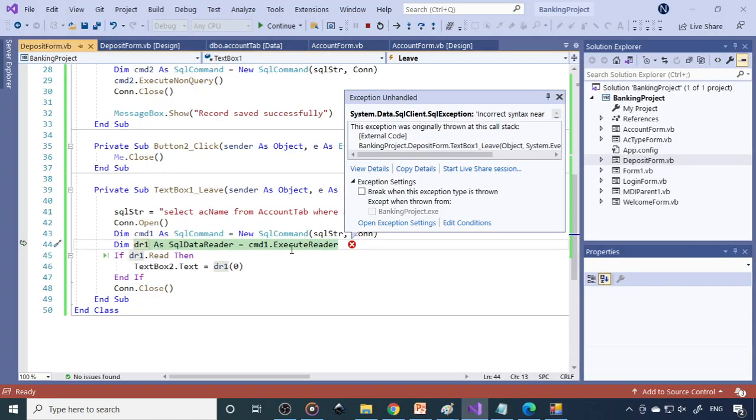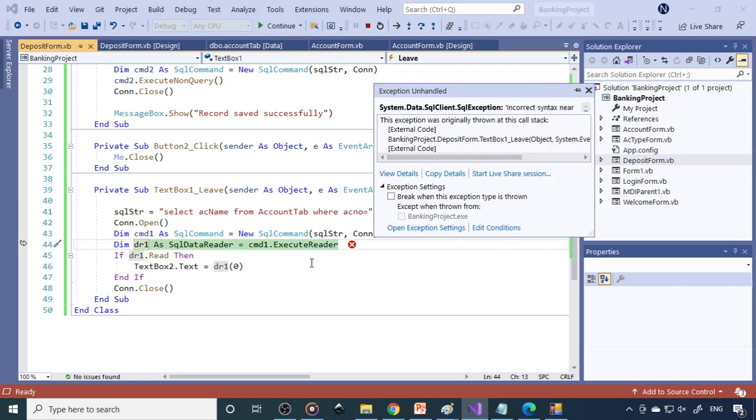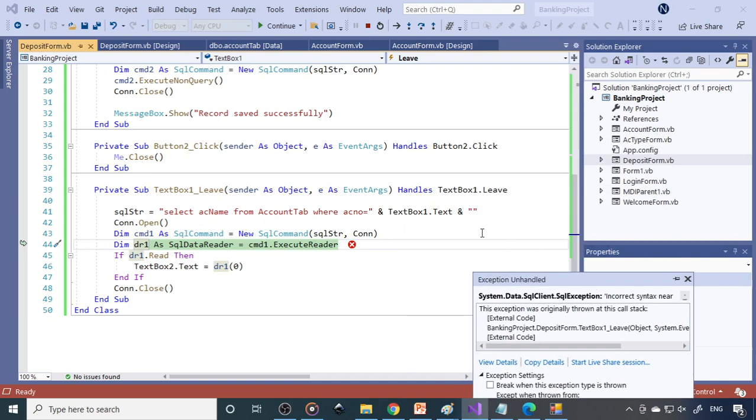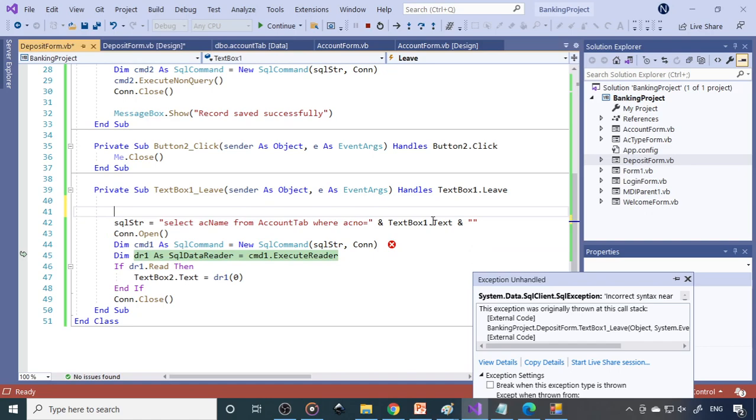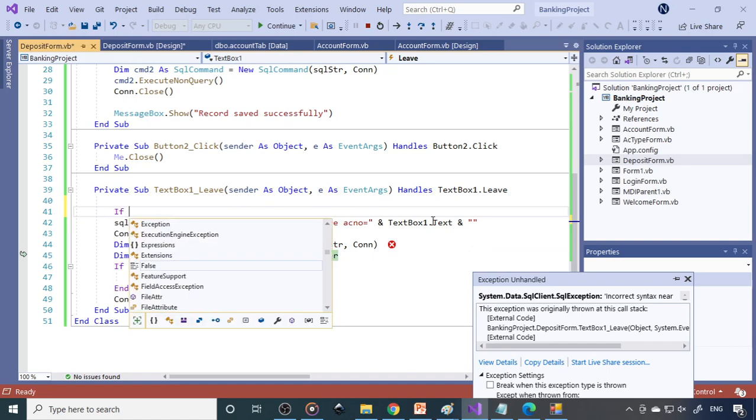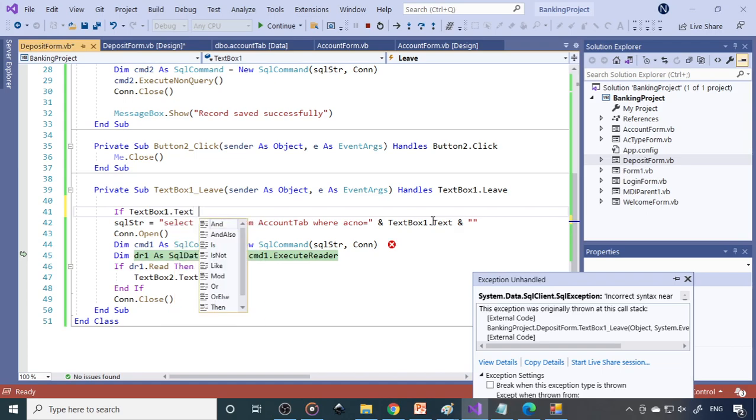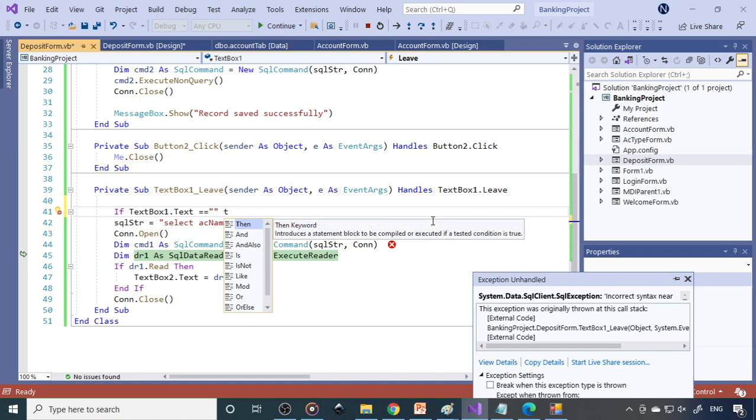Okay, so incorrect syntax here. When the cursor is in text box 1 and it goes out, you can see that it is empty. Because of that, this error is coming. So now we write one condition: if text box 1 dot text is equal to empty, then we write exit sub.